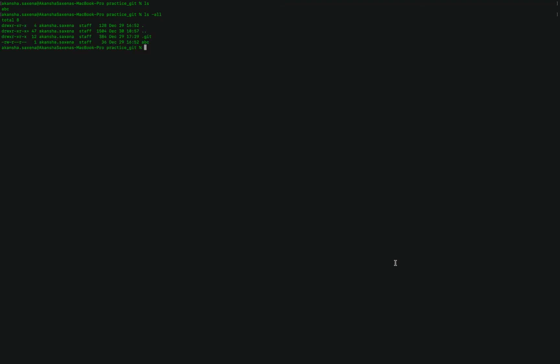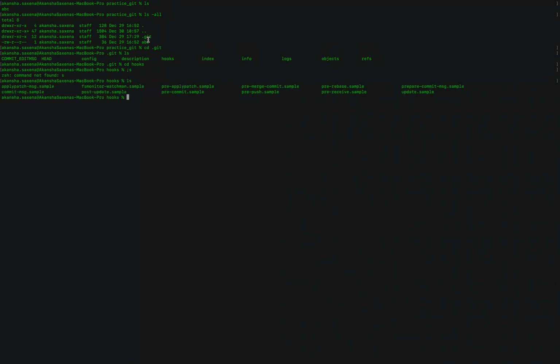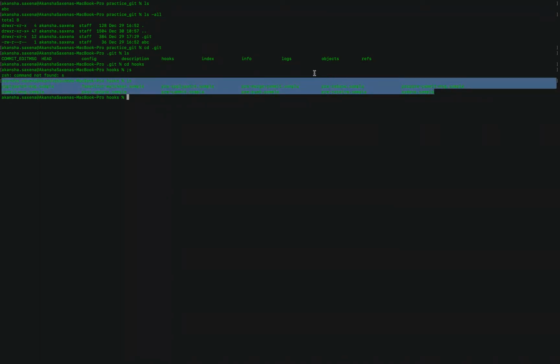So I'm seeing this .git directory. Go to that .git directory, and then inside the .git directory you would see a hooks directory. Go to that hooks directory. And here you will see a lot of hooks, sample files provided by Git.